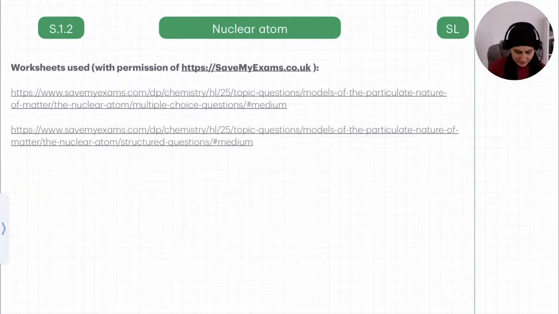So for today, we will be solving a nuclear atom, which is structure 1.2. I have decided that I will split my practice questions into SL and HL, so that in one live stream we're solving only SL content, another live stream only HL content, so that it's easier for you to navigate. Obviously, if you're doing HL, you have to do both SL and HL. So today we'll be solving structure 1.2 nuclear atom, and I have compiled this worksheet from